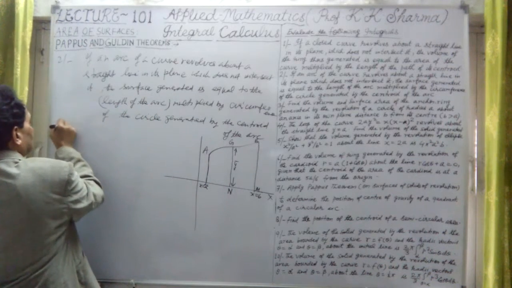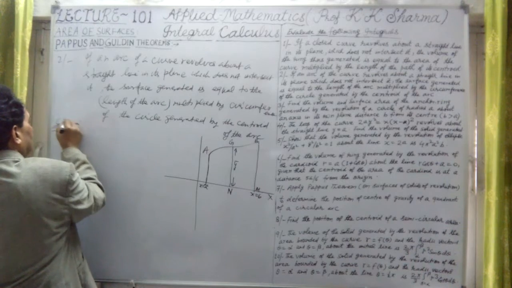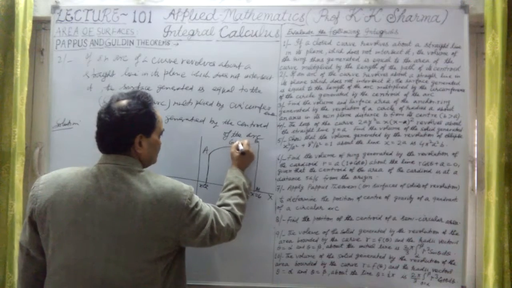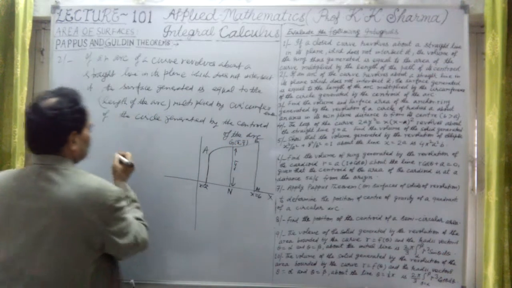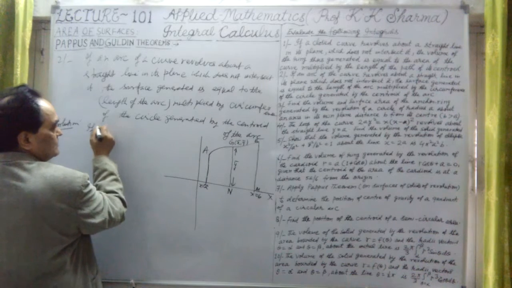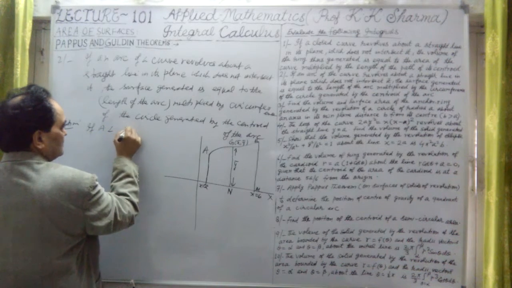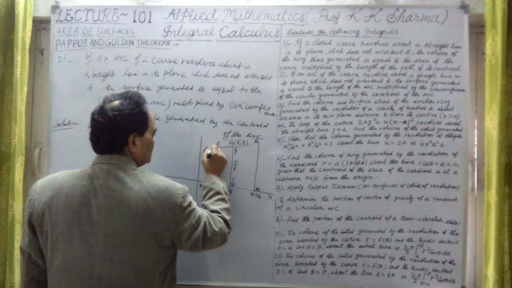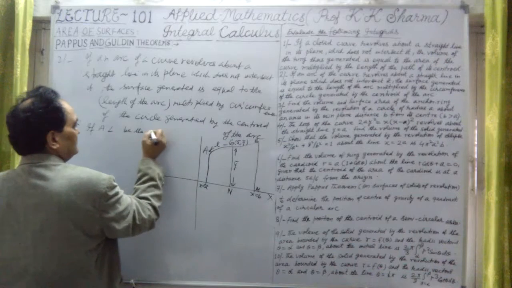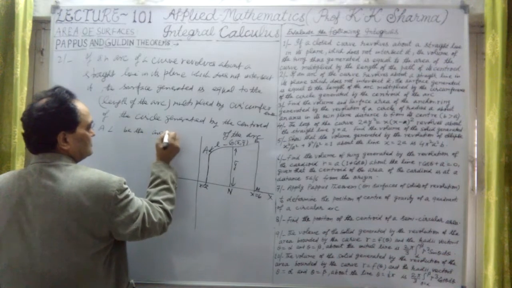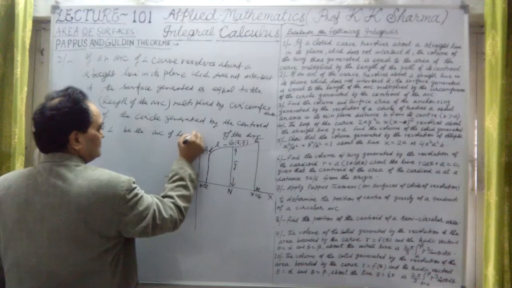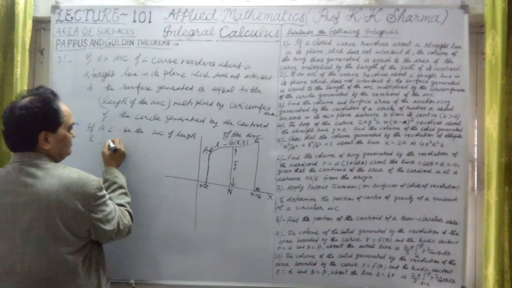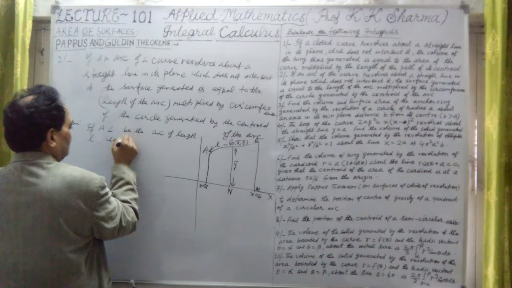Now the solution, let me find out. Let me prove this. If G is the centroid here, G is (x bar, y bar). This is x bar and y bar. If AL be the arc of length small l, where this is the length of the arc,